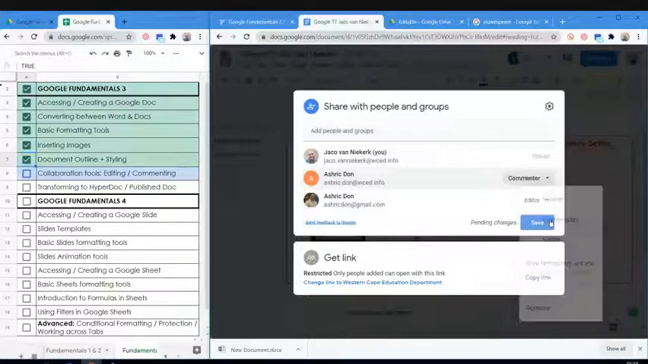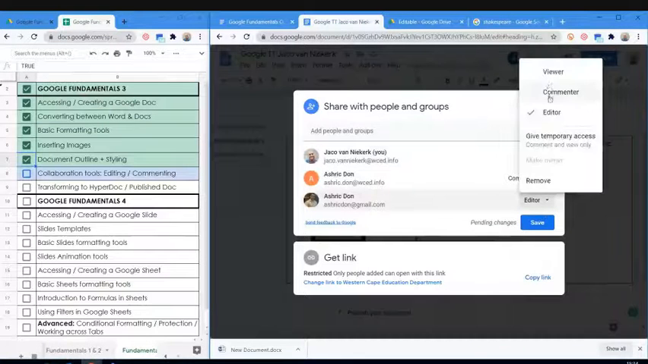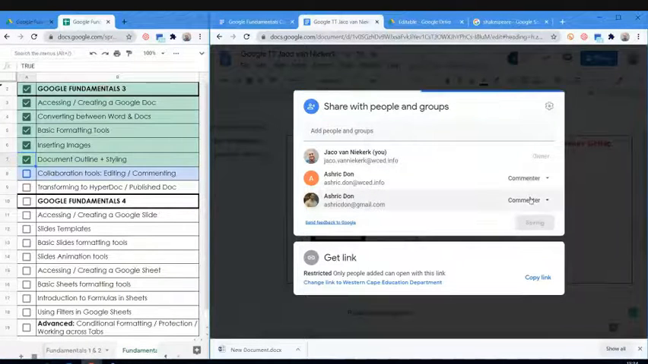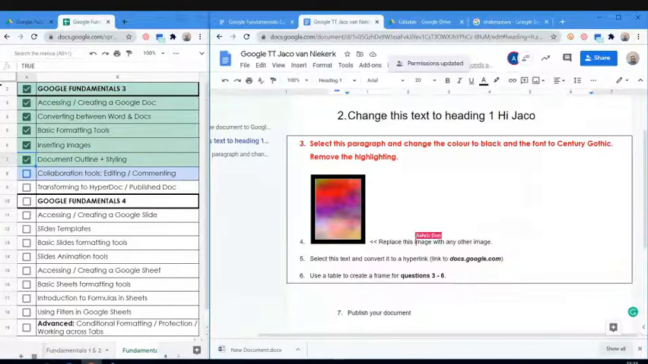I'm going to change him to a commenter only, right? Now, if I change it to this, what it means is he doesn't have access to edit this thing anymore. He only has access to view it, but he can add comments as well. Now, just to show you quickly